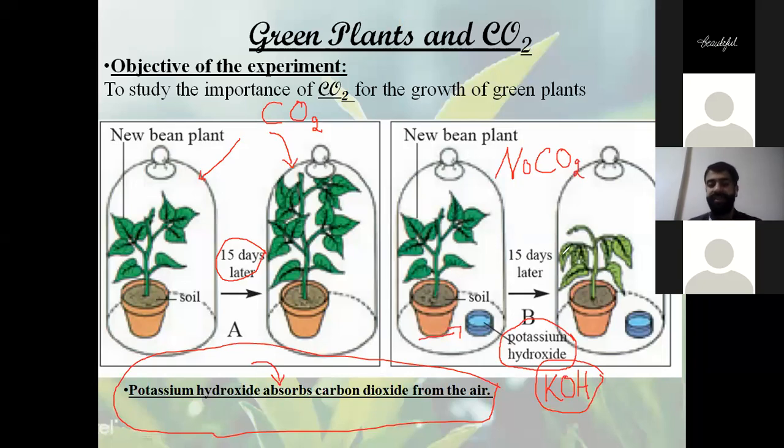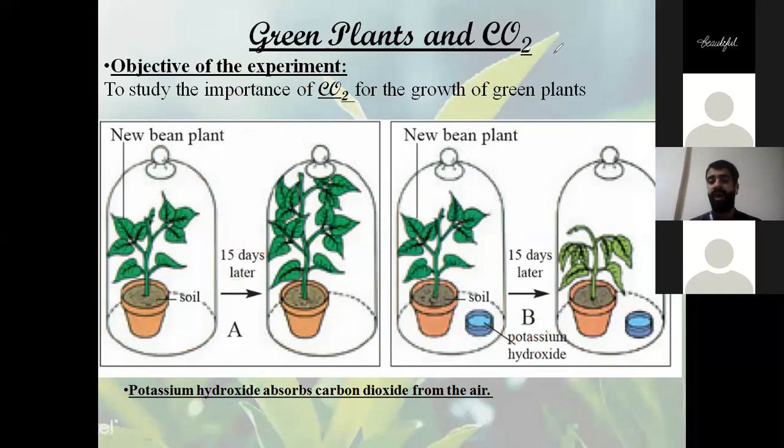Very good. And it's not potassium hydroxide. So pay attention to this. This is not the variable factor here. The variable factor here is the CO2. Since we have CO2 here, and potassium hydroxide, we use it to absorb the CO2. So here we don't have CO2. So here the variable factor is